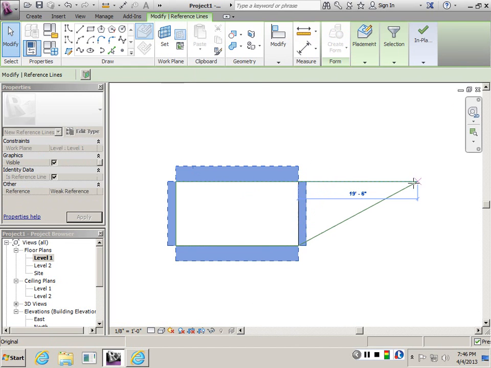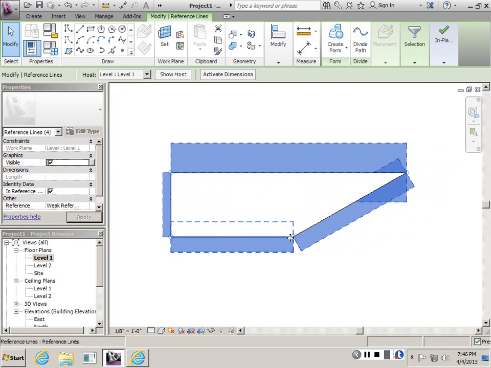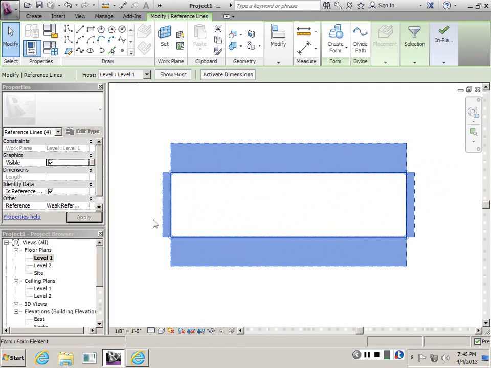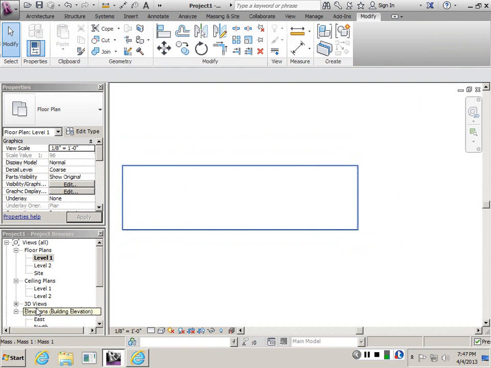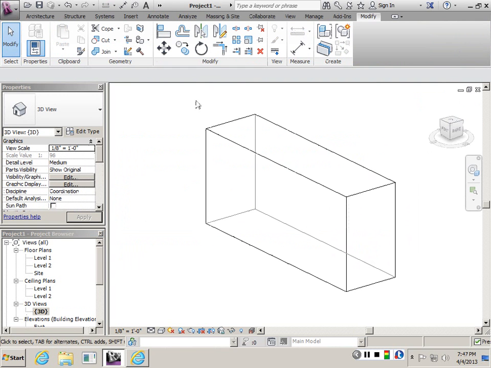I'm going to move it around a little bit. I want it to be longer, and I also want to add some undulation here to propagate our